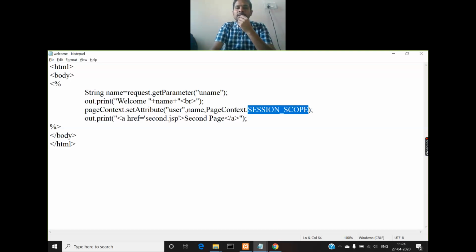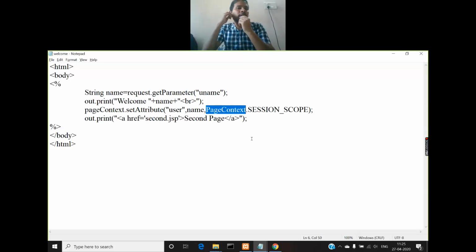So where is this defined? In a class called PageContext, which is a Java class available only for a JSP application that runs in a servlet context. Every JSP file is automatically converted into a servlet, but the user is not able to see what happens in the background. So JSP applications are built upon servlets, and JSP uses the servlet concept. That's the reason we are using it here.